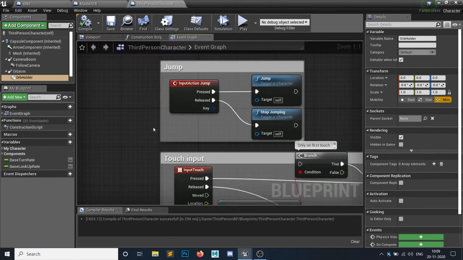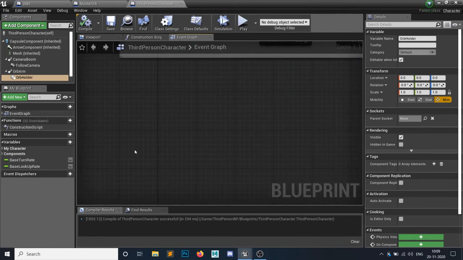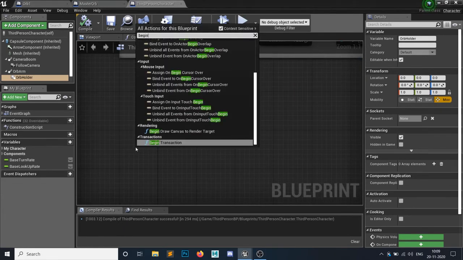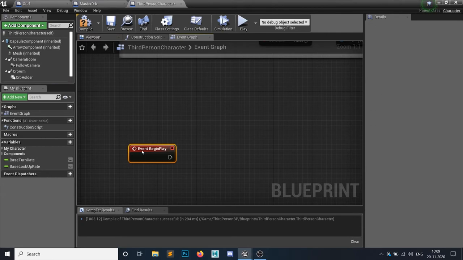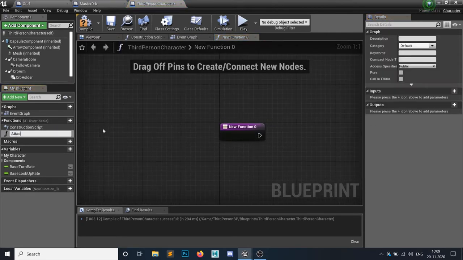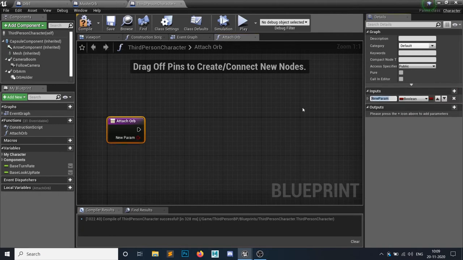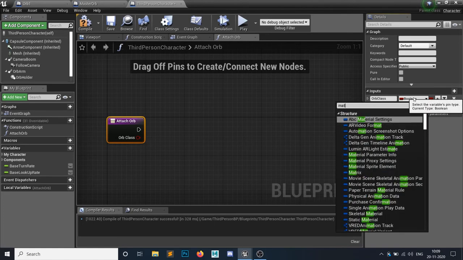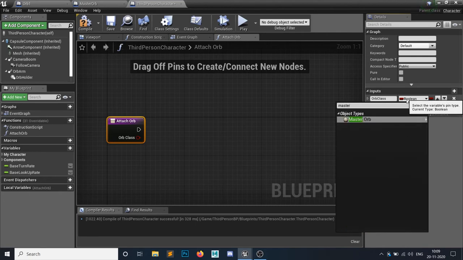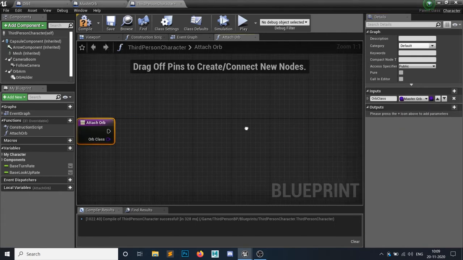So open your event graph, and let's say in the begin play I want to attach that orb to my player. So let's create a function called attach orb. Okay, so which orb do I want to attach? This would be an orb class, because there are so many orbs that you can attach, and this would be a master orb class reference.